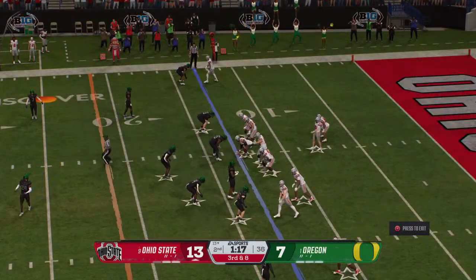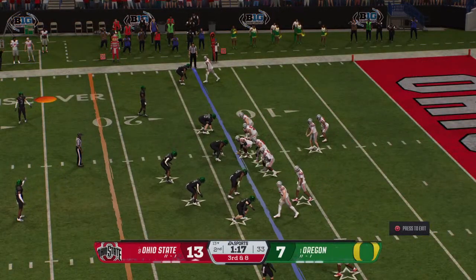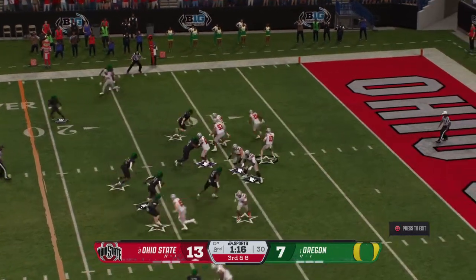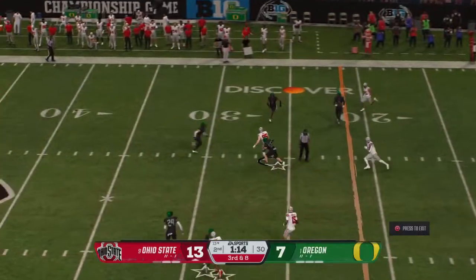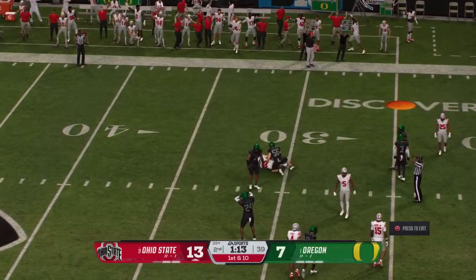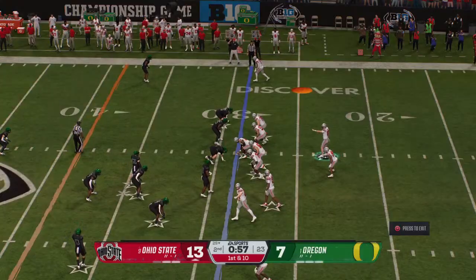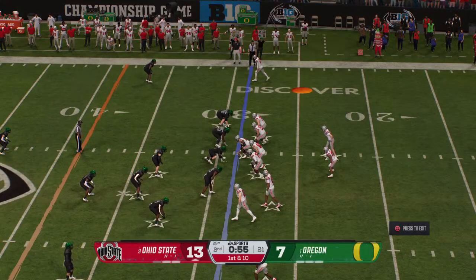Brings up 3rd down. They come to the line. A long way to go for the first down, but needing this crucial conversion right now. And he'll drop back here on 3rd down. The tight end makes the catch downfield. Tackle made on the play at the 29-yard line. How aggressive will they be on this first down play?